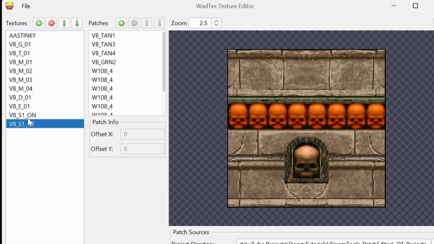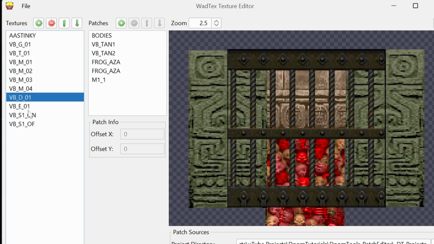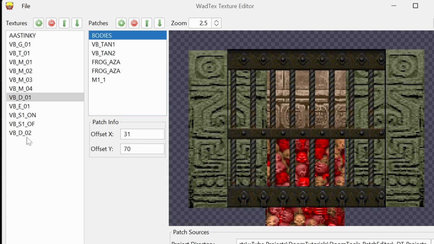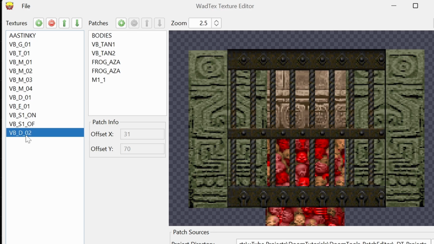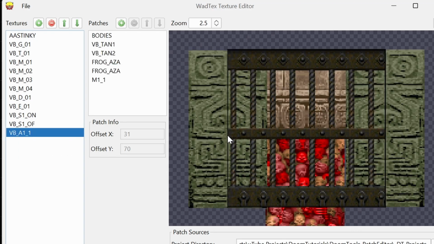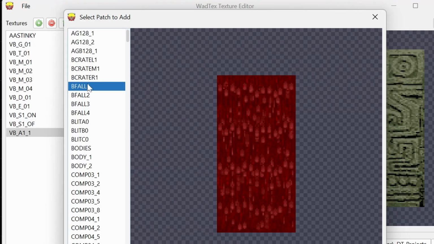Now, animated textures are basically identical. So this will give me a good chance to show you the actual text editor version of the patch editor as well. So we'll have a quick look at this. Let's find, where is it? Here. So we made this little patch here. It's kind of cool, but what about if we had running blood instead of that skull? So what I'm trying to get at here is that once you've created the textures with the patches, they work just like normal textures. A cool trick you can do actually is to design your patches as 64 by 64